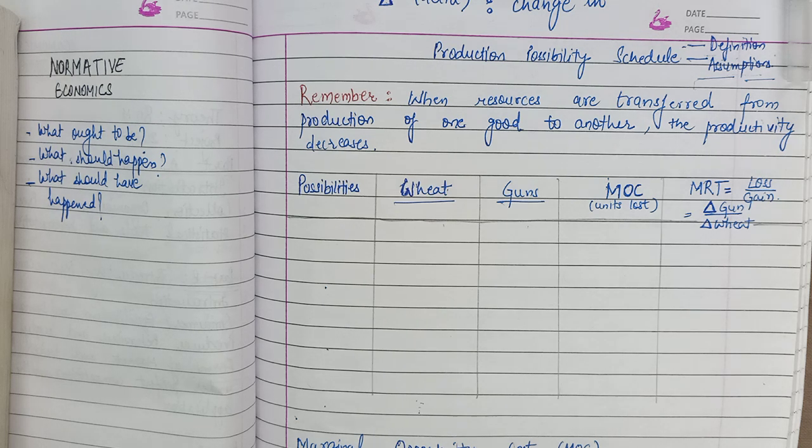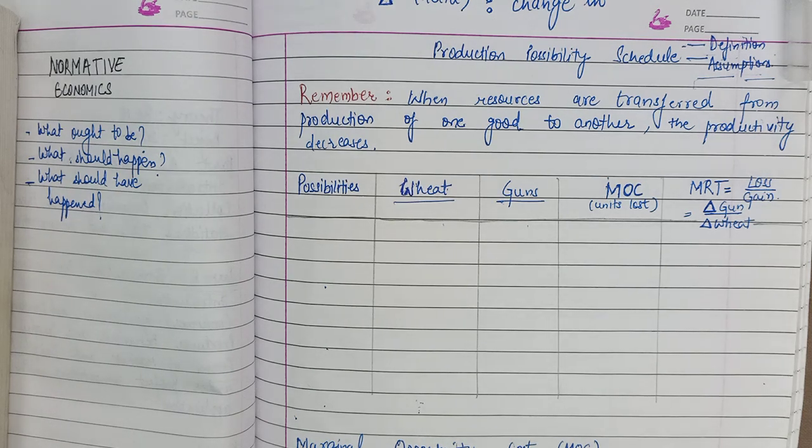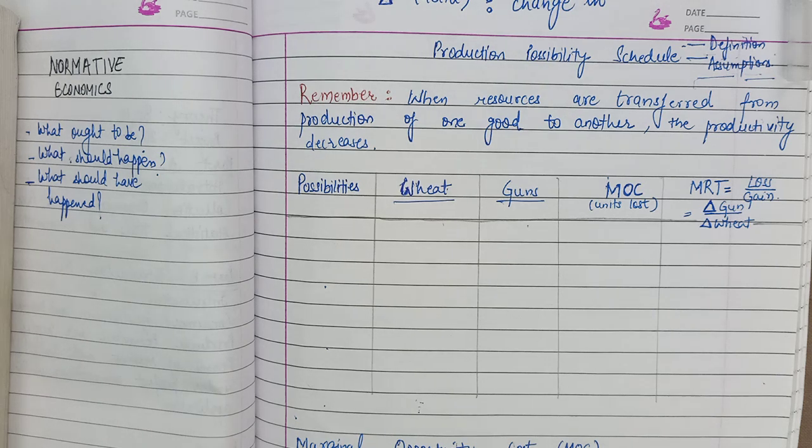And this final assumption is very important, that resources are not equally efficient in production of all the goods. Goods, commodity, these mean the same thing, that is saman. Anything which is tangible, which can be bought from the market, which you can touch. Goods or commodities are one and the same thing. So this last assumption is very important, because resources are not equally efficient in production of all